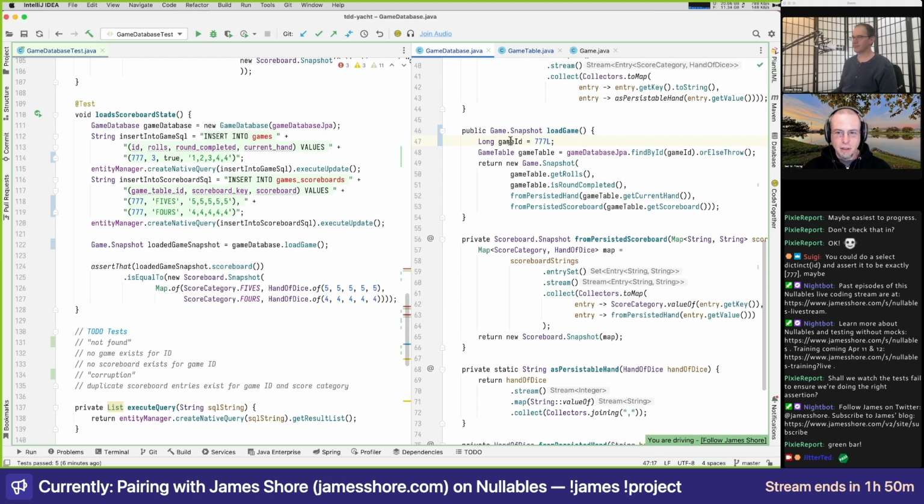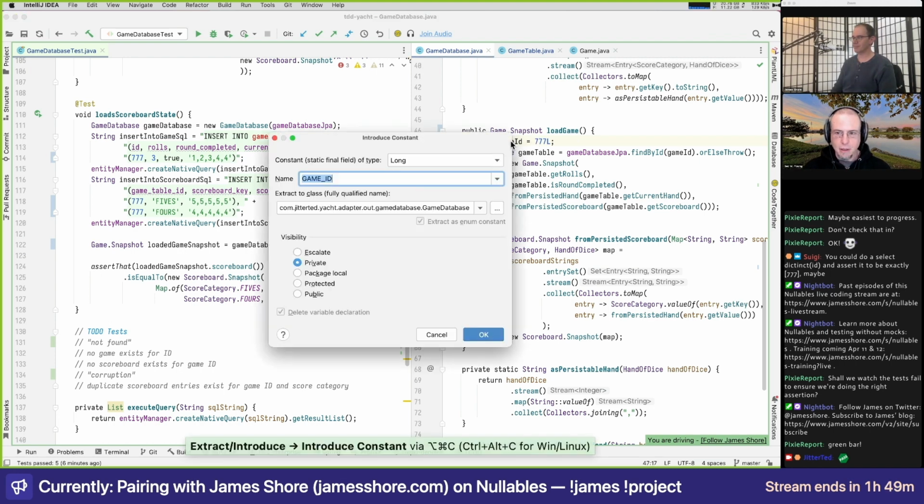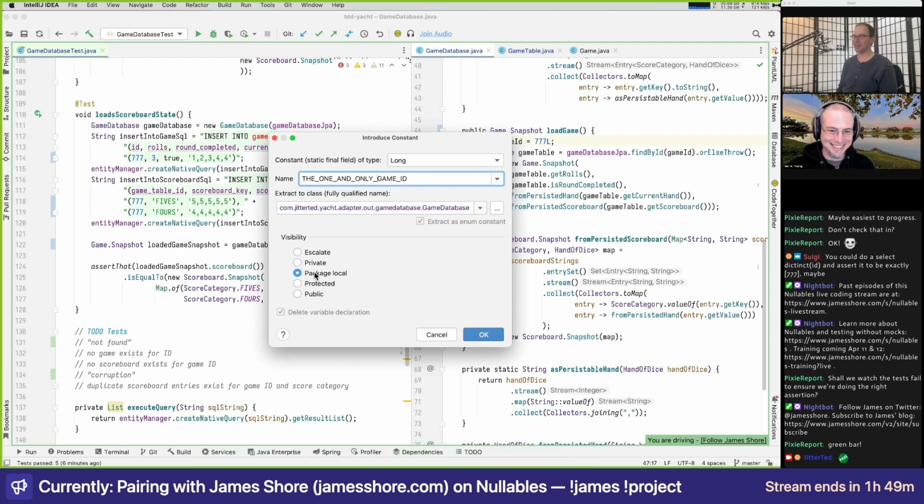So let's turn this into a constant. Something like that. I like using big, long variable names as a way of indicating, yeah, this is screwy and we know it. All right, and that'll be package local.